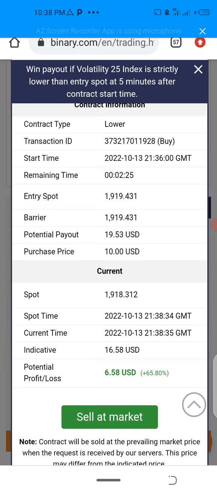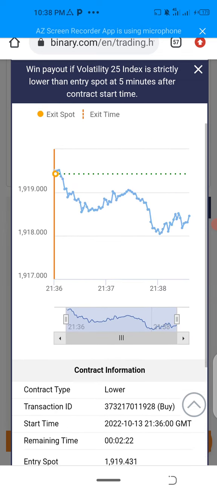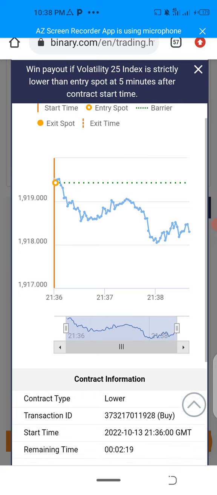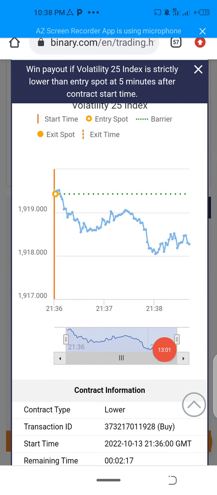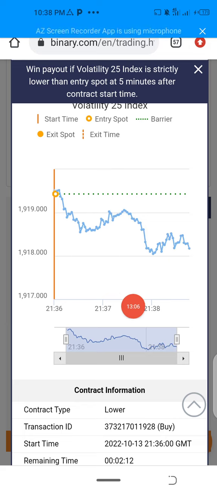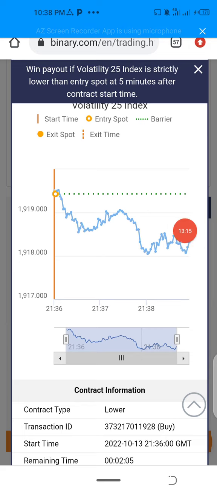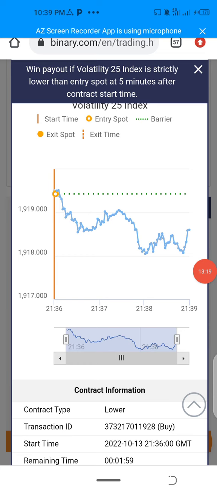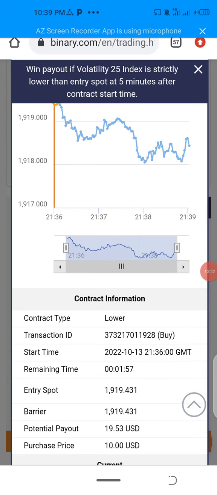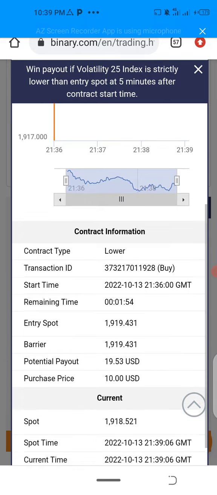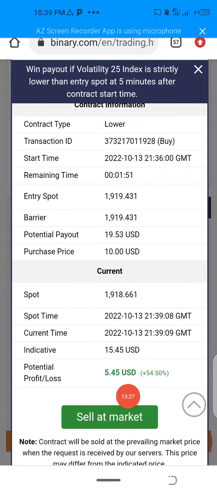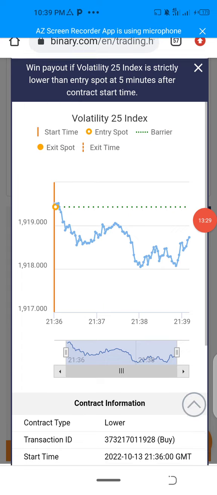But before I do so, I want to show you something that you ought to know. Once you are trading on indices, you set up your parameters so that it will not cross this line. Now, if you see that it's almost approaching this side, a line before the close, what you should do, so you don't lose in indices, not in all trades, in indices, is to come and sell off the market and cash out.